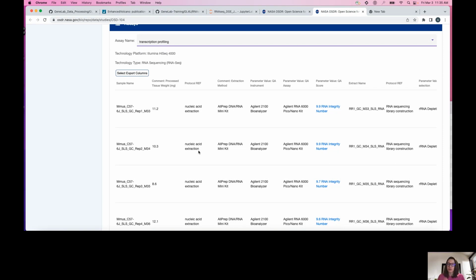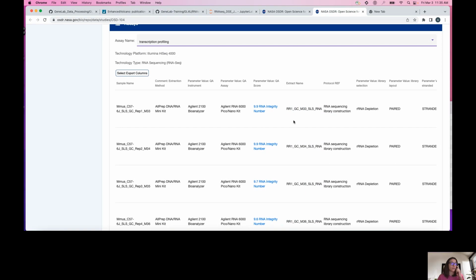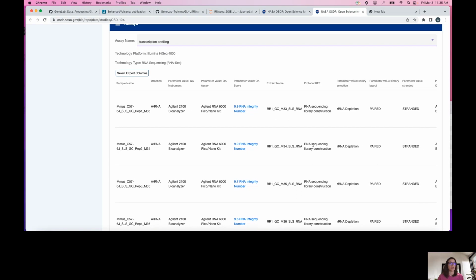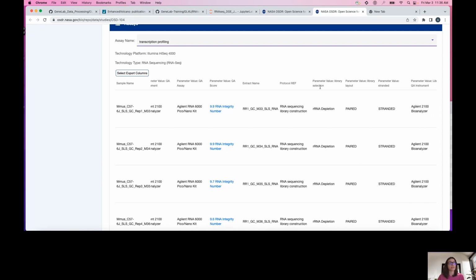So if you remember going through that really big RNA-seq overview, we did things like taking a look at the libraries, right? So we looked at the quality of the libraries, including the RNA integrity number. All the information from that library preparation for preparing these samples for sequencing is put in a column in this assay table. And so like what type of library preparation, if you remember, there's 2 ways you could prepare